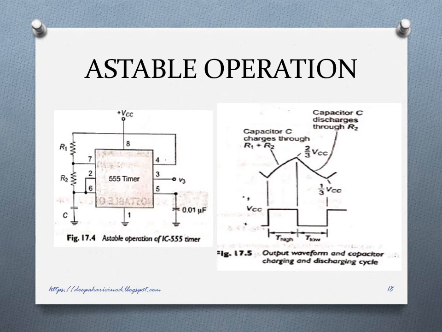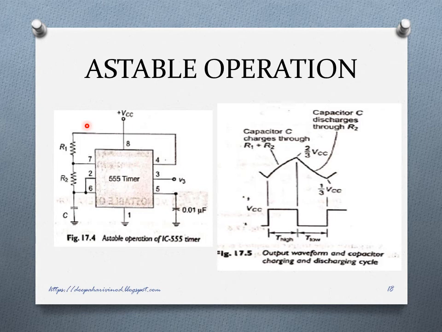It shows an astable circuit built using two external resistors and a capacitor, which sets the timing intervals of the output. The capacitor begins to charge from the DC source VCC when the voltage at the threshold pin 6 tends to increase beyond 2/3 VCC. The voltage at this pin 6, when it increases beyond 2/3 VCC, this capacitor starts to charge through this DC source.